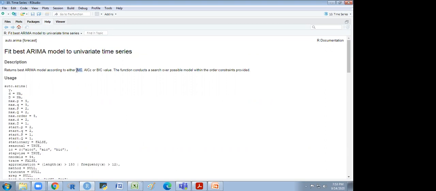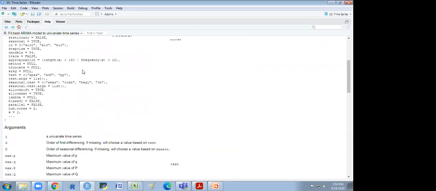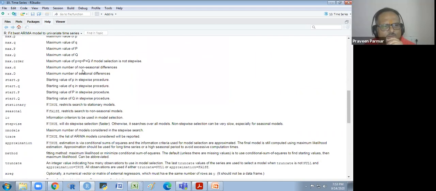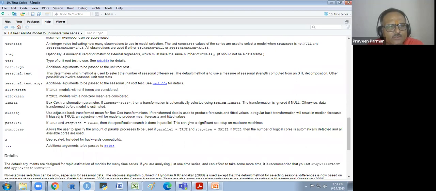Because when we run it manually, it is a very tedious process. Generally, when we do it in other software, it's a tedious process where we find out PDQ, different permutations, different combinations. So basically, I think those are the 2 models. They both are different things. One is the small PDQ and the other is the capital PDQ, basically.